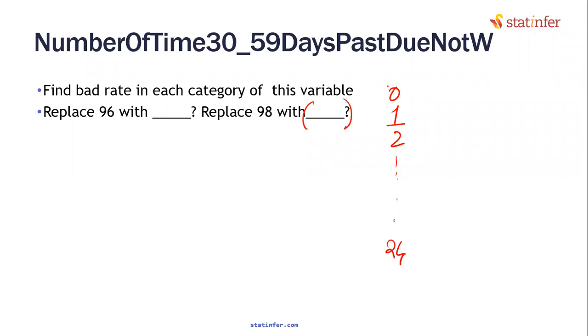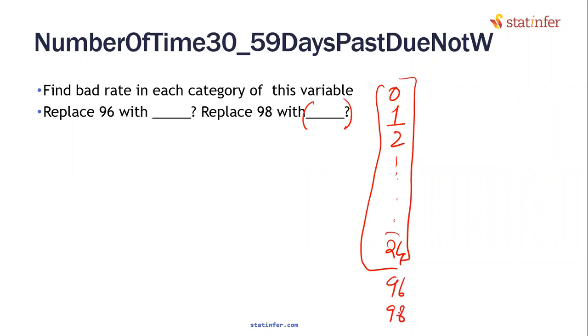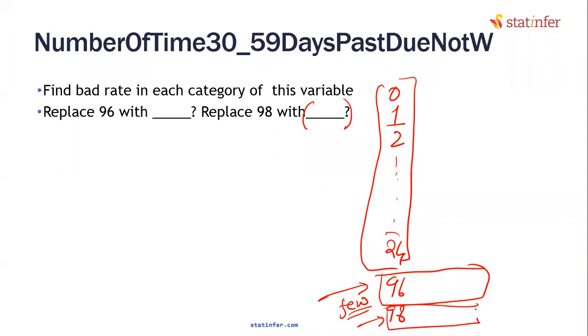Okay. Now, find out which bucket should I replace this 96 or 98 with. As of now, I'm not talking about 96. Let us keep it aside. It has too few records. So then looking at these percentages, bad rates may not make sense. I'll tell you a different method for it. Look at 98, which is having a good chunk of records. Tell me for 98, what I should replace, which bucket?